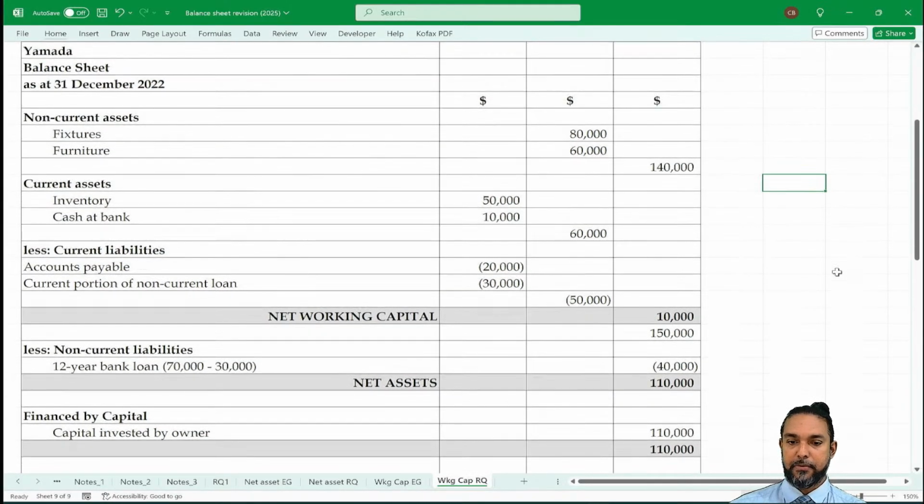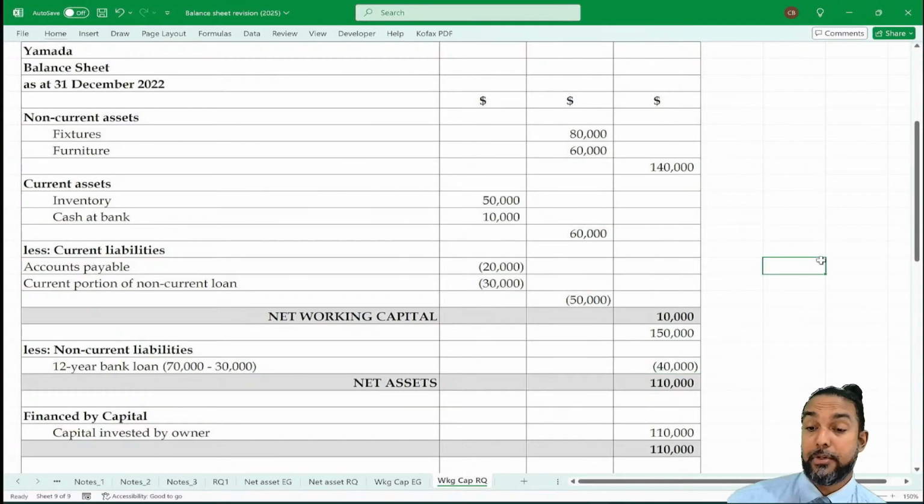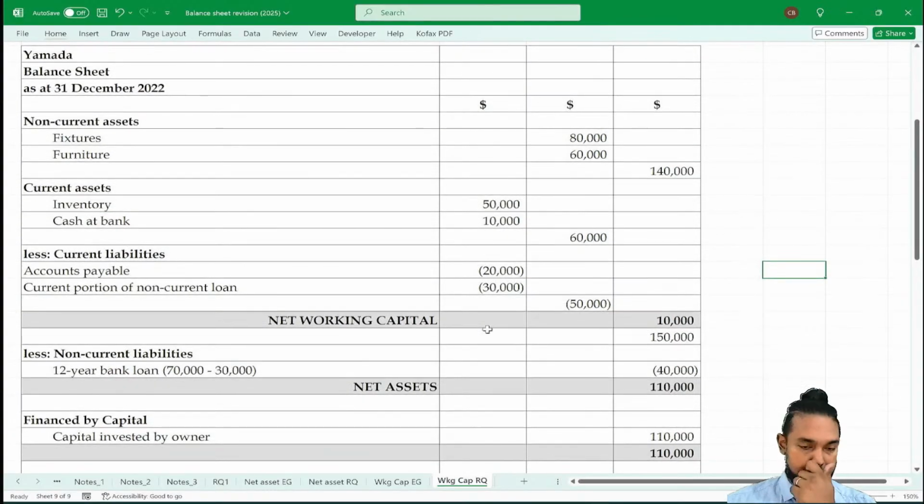Right, so this is one version of it where we have a net asset item because we did total assets 140 and 60 minus total liabilities 50 and 40. But of course, we didn't put assets together. We didn't put liabilities together because we had to show this working capital item. All right, so like I said, the working capital format is the least intuitive and the most mixed up one that you'll encounter at this stage. It doesn't get too much more mixed up than this, unless you're doing all of liquidity, which you are all supposed to know how to do, but I don't know if I'll have time to do it. And I've only ever asked for it once. Anyhow,